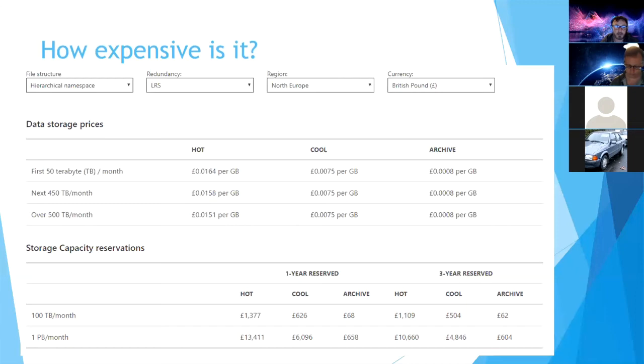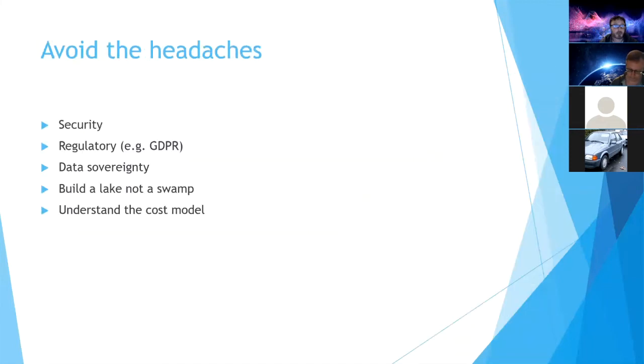Whether you've got local redundancy or global redundancy. Some cloud providers have different prices per region. So there are a few variables to understand how expensive things are, but given that you can provision a data lake within minutes on a cloud provider, and for a lot of businesses it will cost you tens or hundreds of pounds a month for the sort of data you might want to store, that's actually amazingly achievable.